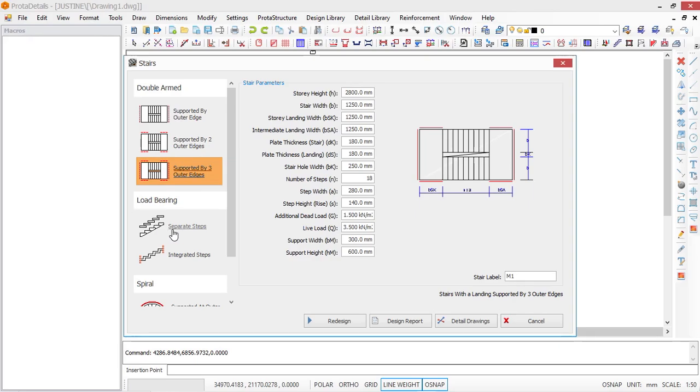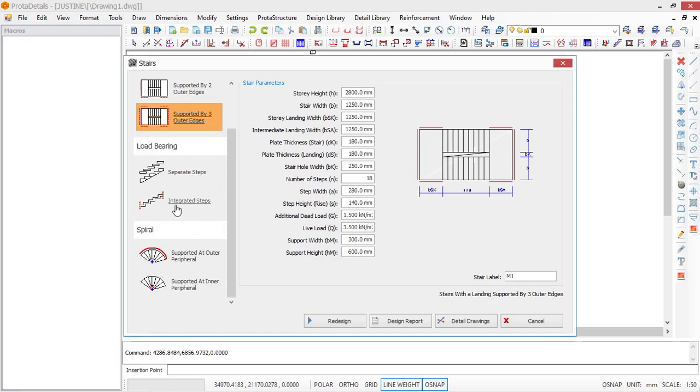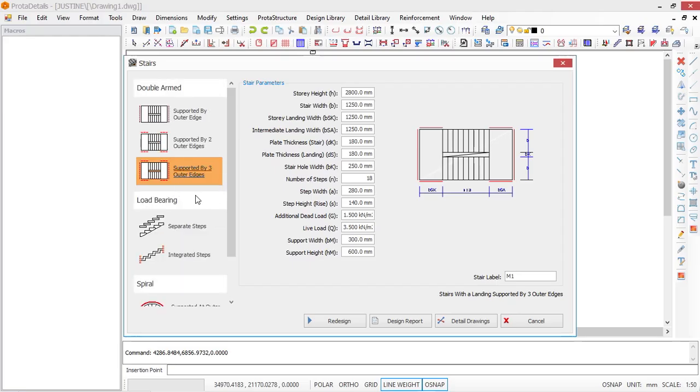Also have the load bearing, and they are called separate steps. We have integrated steps, then spiral steps, mostly like in metallics, in steel design. For today, I'm going to talk about that which is supported at the outer side by beams, since it is the most common. Yeah, so in this we have